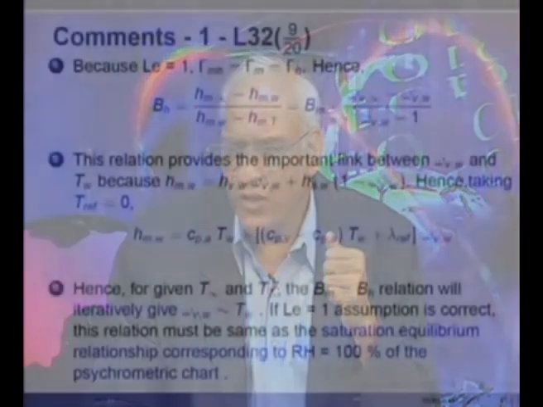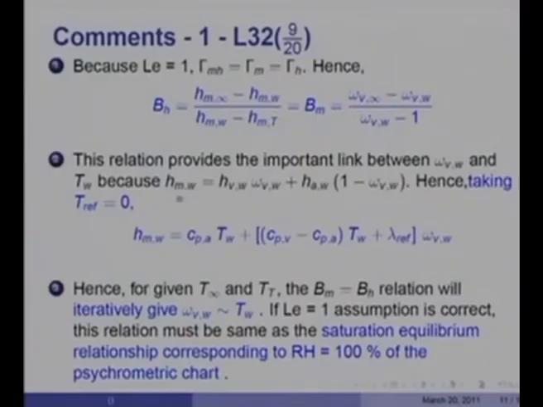We use this relationship, that is Bm equal to Bh, and Hmw would be Hvw omega Vw plus Haw into 1 minus omega Vw. If I take T ref equal to 0, then Hmw will be simply Cpa Tw plus (Cpv minus Cpa) Tw plus lambda at T ref equal to 0 into omega Vw. So, for a given T infinity and Tt, the Bm equal to Bh relationship will iteratively give